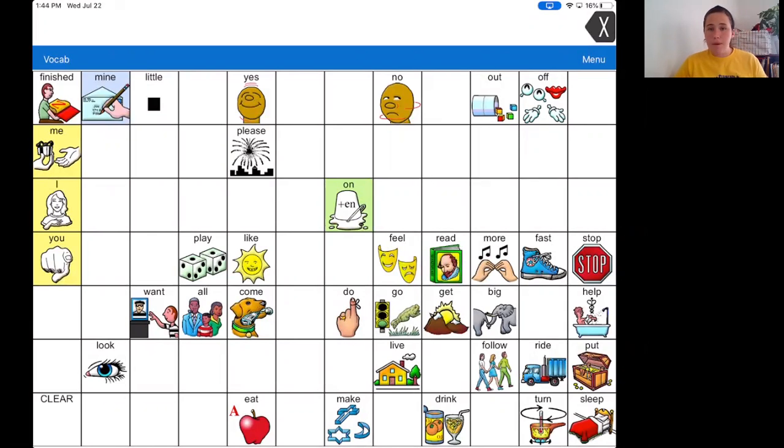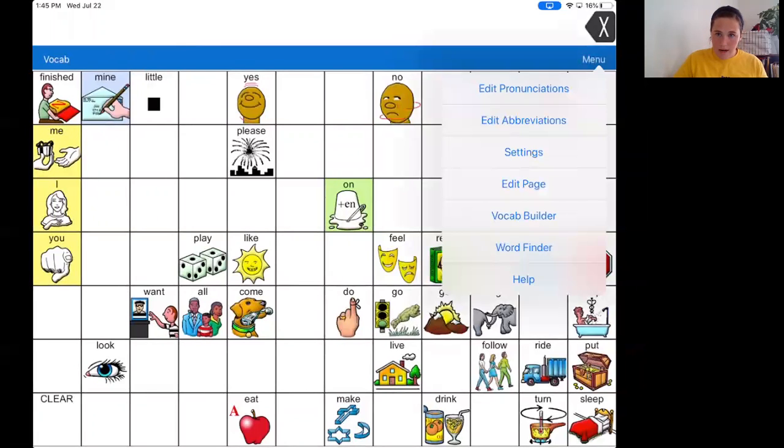It might be in Vocab Builder, it might not be. If you're in Vocab Builder, it might look something like this. If you want to start by just changing the words that are available through your Vocab Builder, you're going to go to Menu and select Vocab Builder. From there,